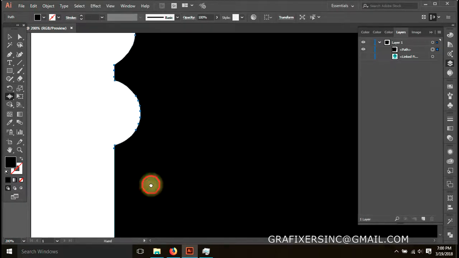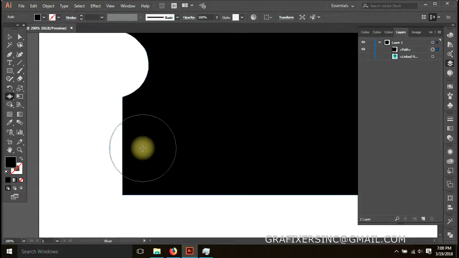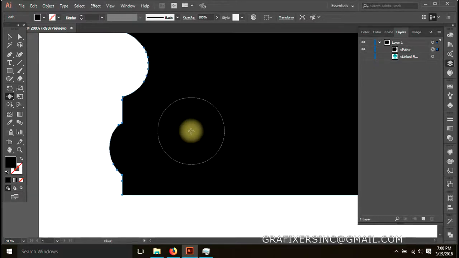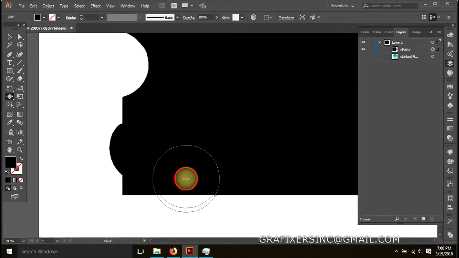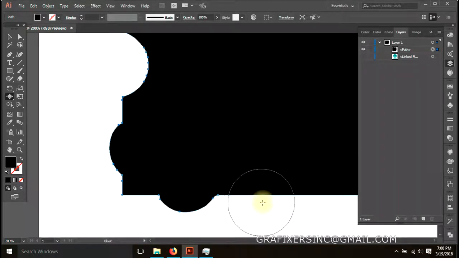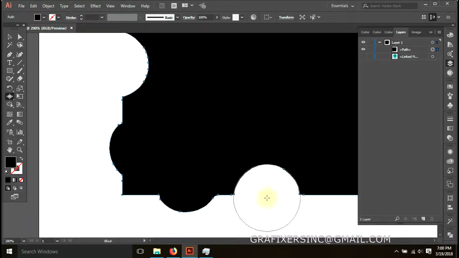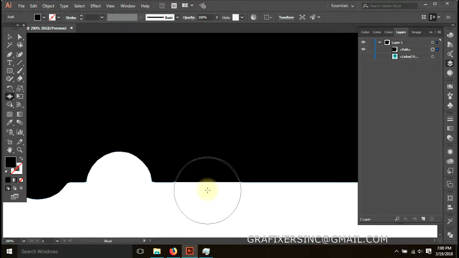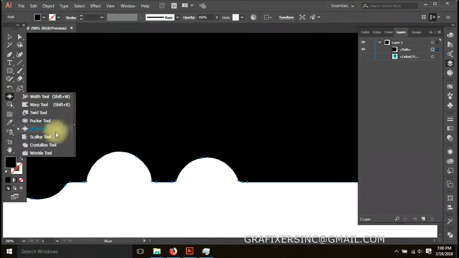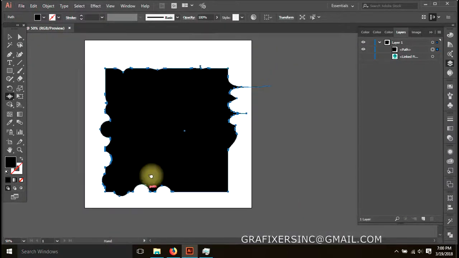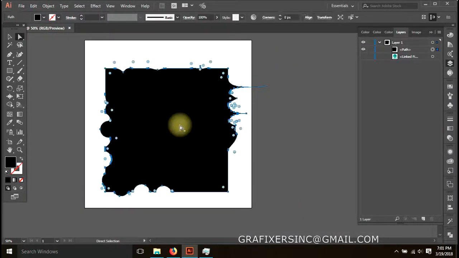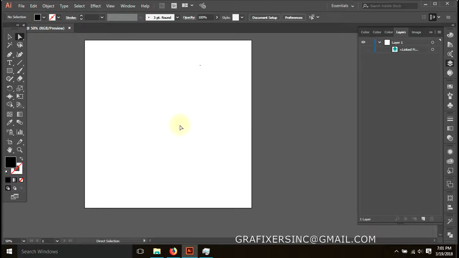You can see if I have more space on the artwork and less space outside, it will go out, and if you have the center point or less space inside, it will go inside. This is bloat. This is a very confusing thing about the pucker and bloat,